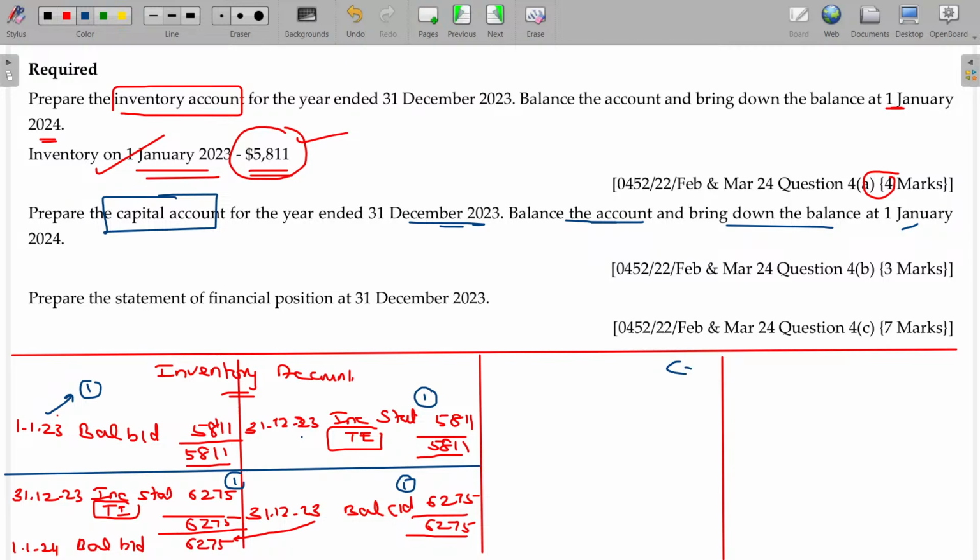Usually the capital account, being a liability item, has a credit balance. So in the year beginning, 1st January 23, balance brought down, and the year end, 31st December